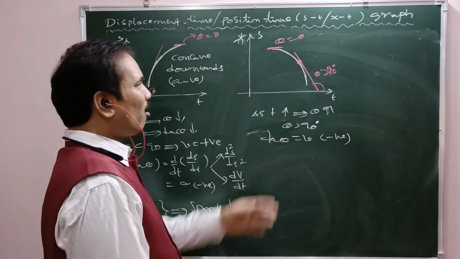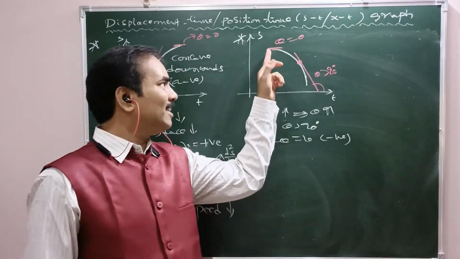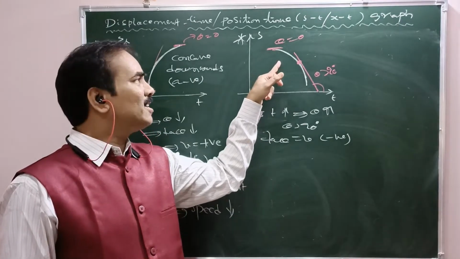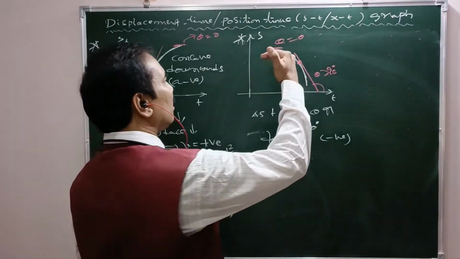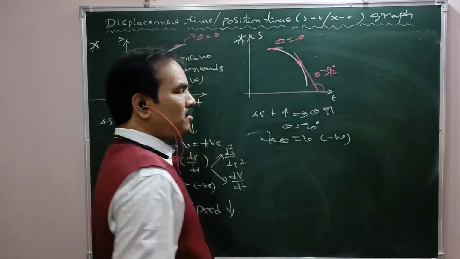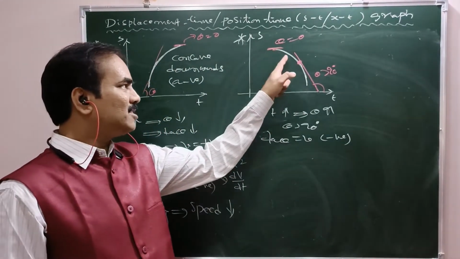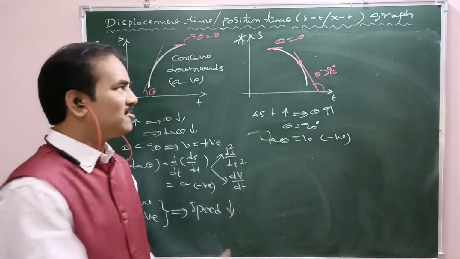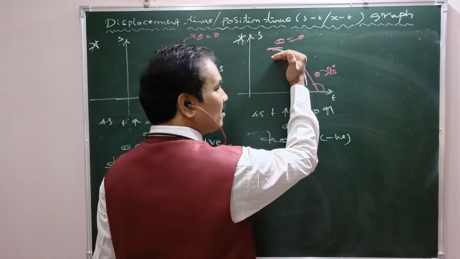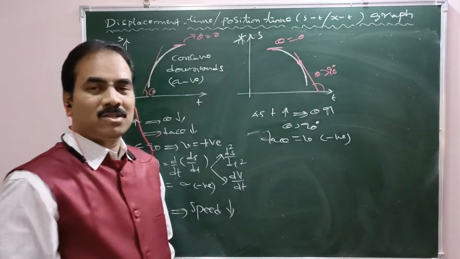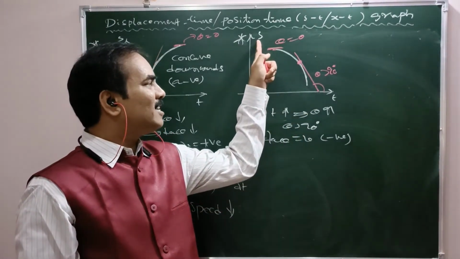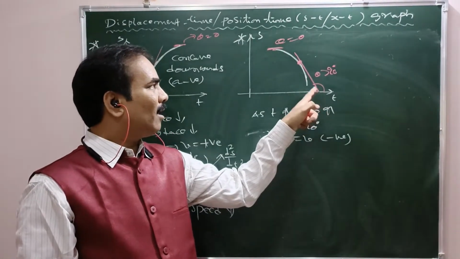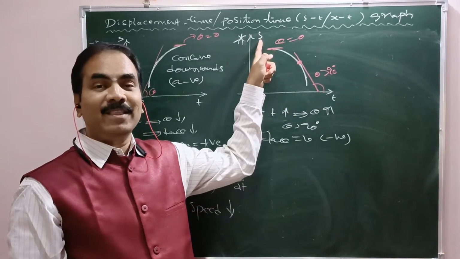Now, see the slope. Is it constant or does it change? It's not a straight line. The variation is as shown, somewhat concave downwards. Here also it is concave downwards. So the slope changes from instant to instant at a constant rate. Why? Because this is symmetrical in shape, not asymmetrical. So for symmetrical variation, we can say that the slope changes linearly with time.